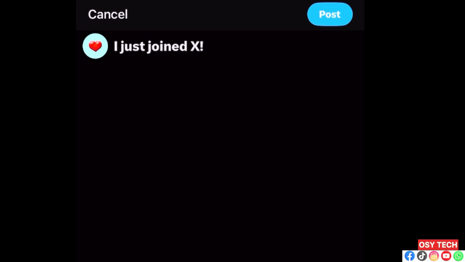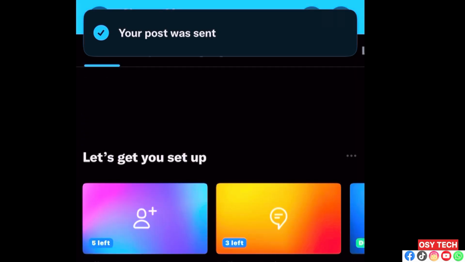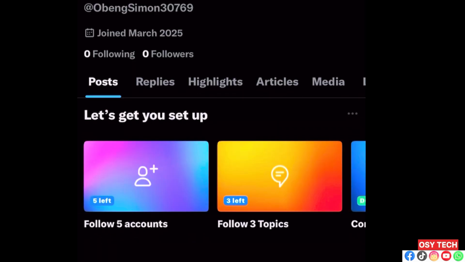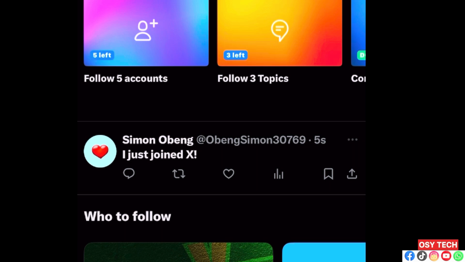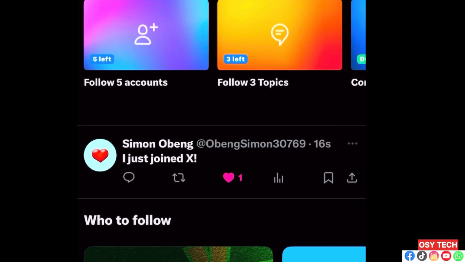So you tap on the post. So then when you tap on the post, it will then reflect in your account. So let me refresh right here, and then you will see I just joined X, and this is how it is. So you can like it right here. People will start to like, and then also you will see the number of people who have seen your particular post, and people can also